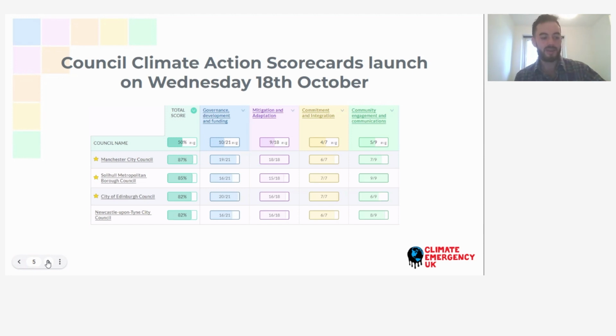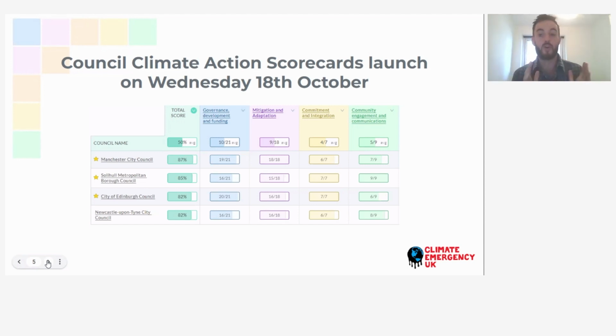And in January 2022, we released the plan scorecards, which was the first ever assessment of councils' climate plans. We assessed not just the net zero targets, but also whether they covered things like equality and diversity in their plans, and whether they're reaching out to communities who are most going to be affected by climate change. We also covered whether they linked the plan to other documents such as the local plan, whether they committed to update their corporate plan, which is some of their key documents, and whether the governance of their plan in terms of their measuring and reporting was also mentioned. All of that information is online at